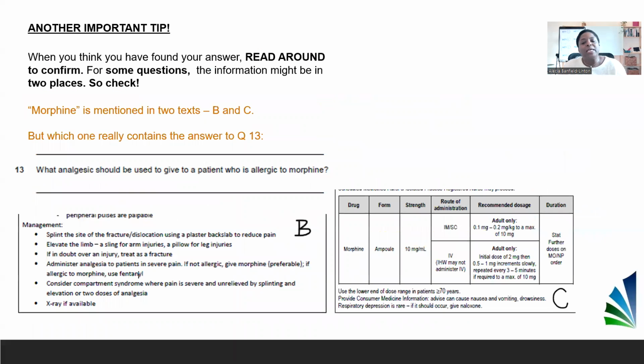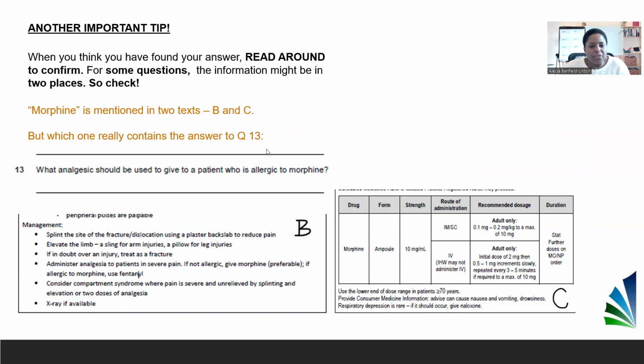Okay. So coming to our last and important tip, when you think you have found your answer, read around to confirm. You saw that I did it just now a couple of times. You saw that sometimes it could be in B, but also in C, or sometimes in C and also in D. So when you think you found the answer, read around to be sure that you're looking in the same place,